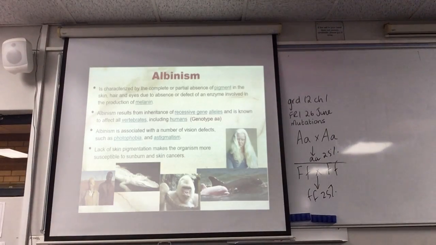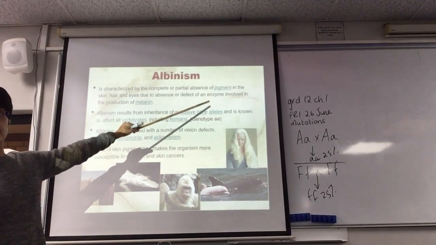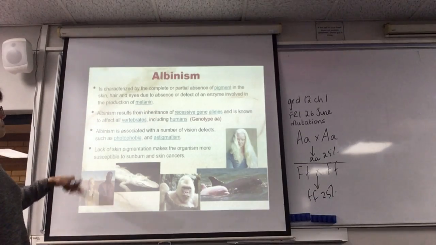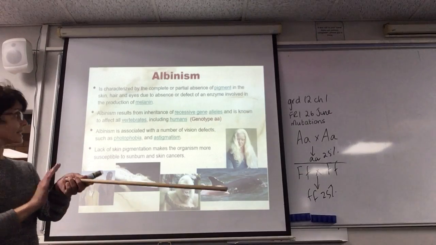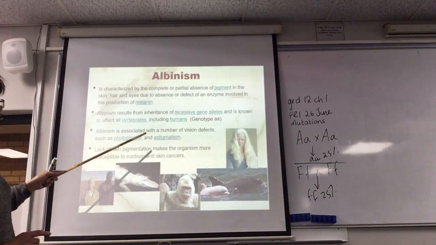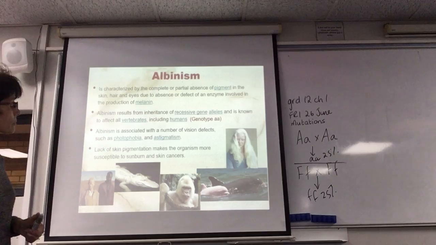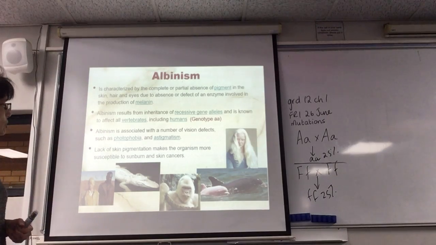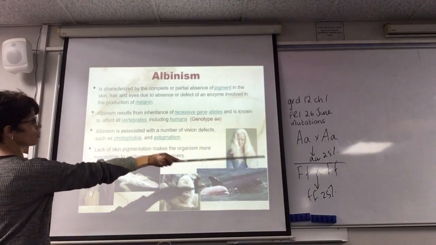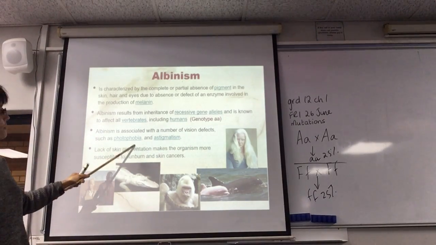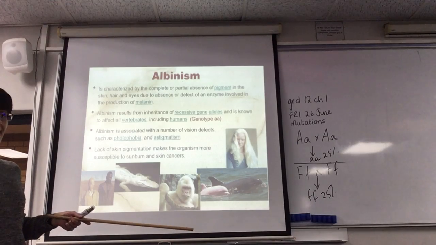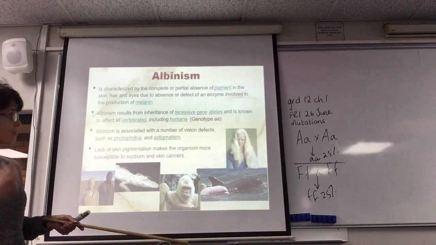Then if we look at albinism, because of a mutation in that gene, they either produce very little pigment or no pigment, and it's because they don't have an enzyme that helps them to produce melanin, which gives skin color. It's found not only in humans, it's found in vertebrates as well, and like I've shown you over there, there's the genotype, and they can have lots of things wrong with their eyes, like photophobia,